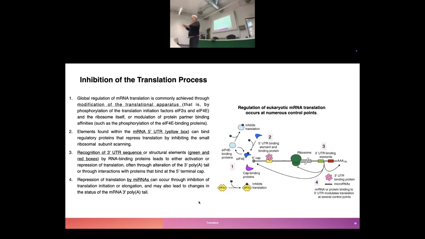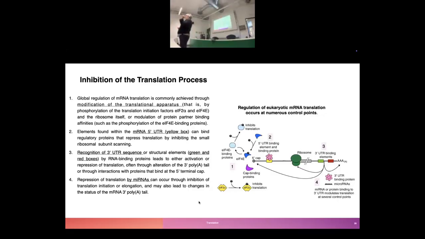Translation will happen anyway, because otherwise we would never recover from this situation. But the amazing thing is that in that case, the translation of the mRNA coding for stress proteins, namely some of those are chaperones, does not